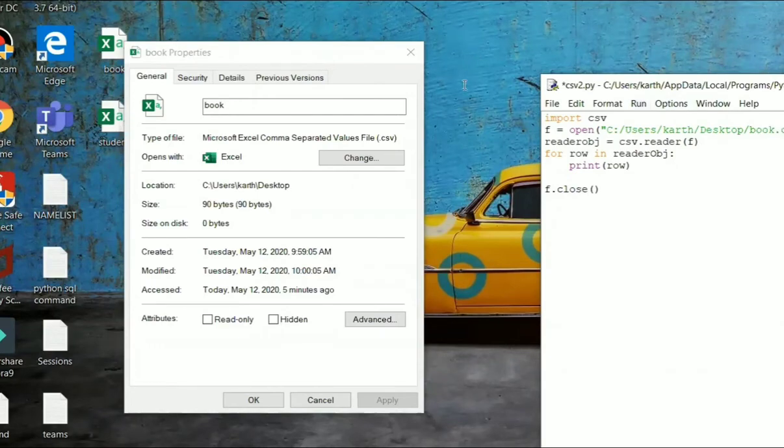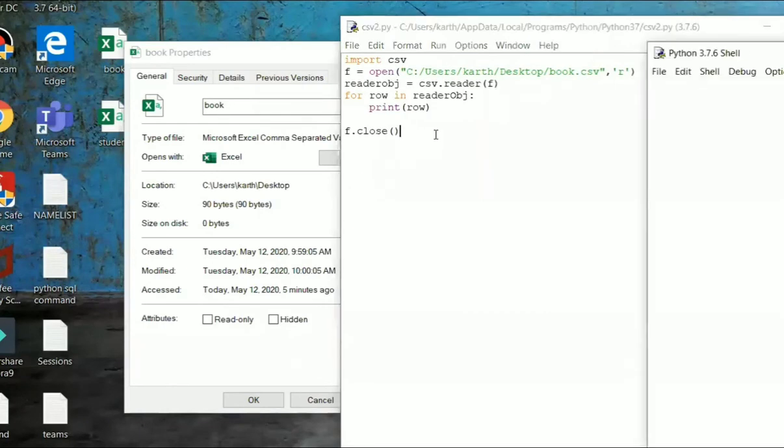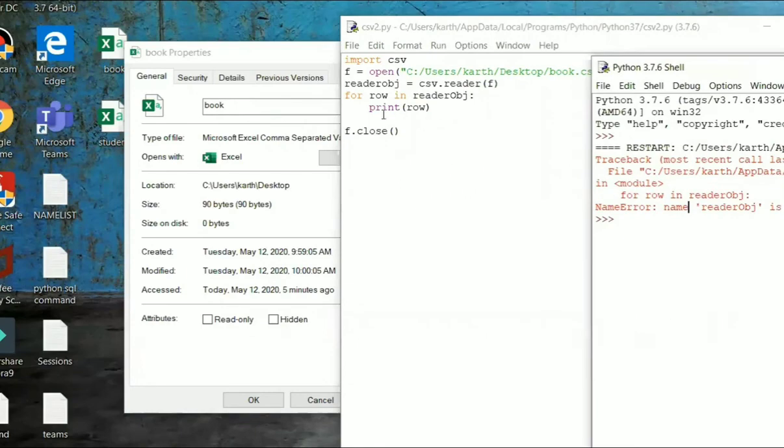Now we have given the path, and it is opened in the read mode, and everything is right. The O is in capital letter.